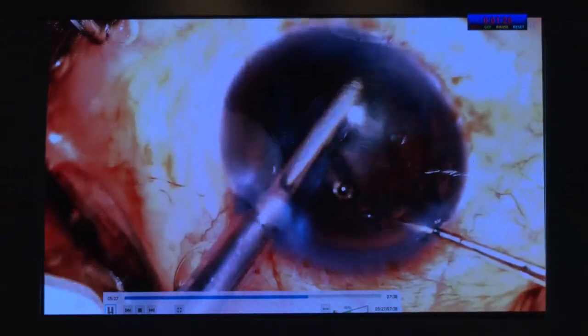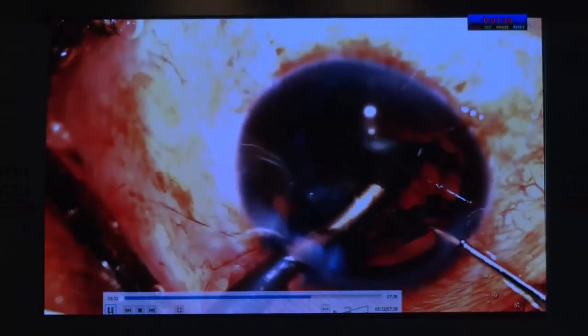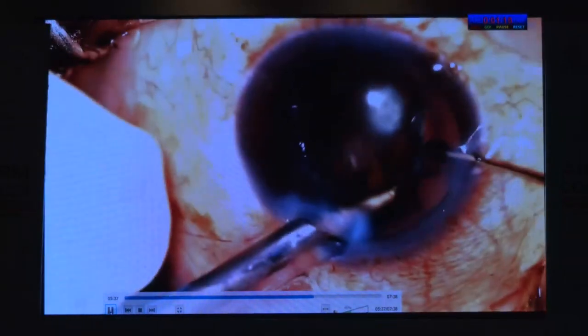Low flow settings, I will work with a lower flow rate. I believe there's merit in that. I will use only enough energy that I need to impale the nucleus and bring it up. I don't fiddle around with the nucleus in the bag. I try and hold it and bring it up. Utmost care, there it is, the tear which showed to me even before I started the surgery. Again, viscofluid exchange at every step.